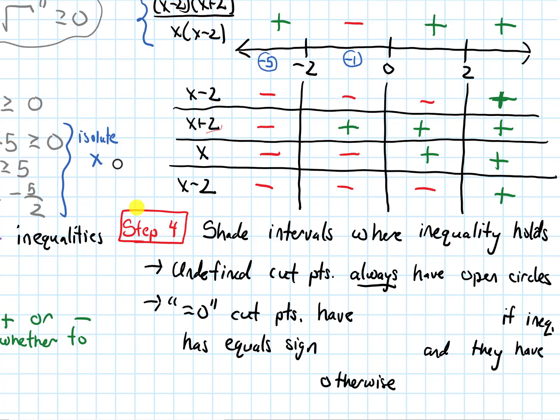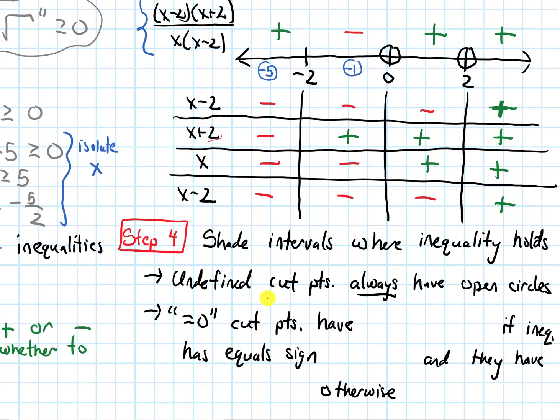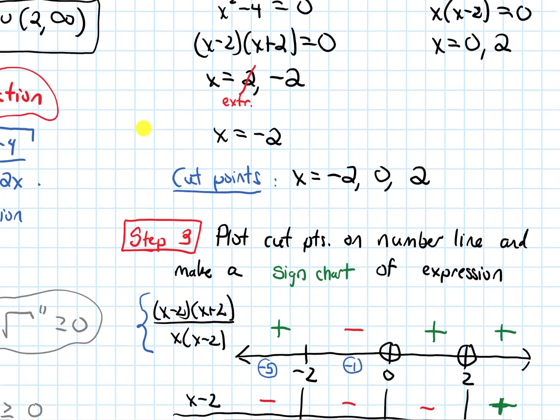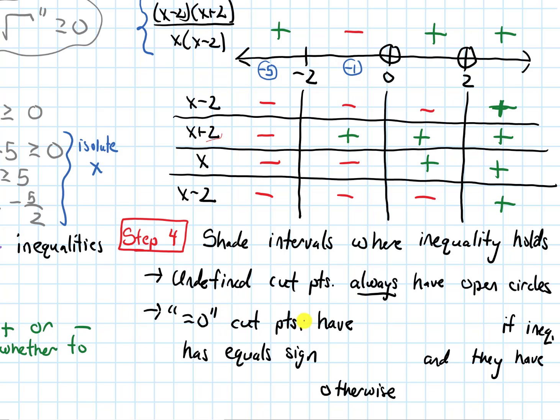Because if you try to plug in one of these undefined cut points like 0 or 2 into the inequality, it's going to make our expression undefined, and that just makes the inequality false right off the bat. So 0 and 2, those were the undefined cut points. They're going to have open circles. For the equals 0 cut points, that was the -2. Remember, x equals -2, that was what I got when I set my whole expression equal to 0. Those are sometimes open and sometimes closed. So those equal 0 cut points have closed circles